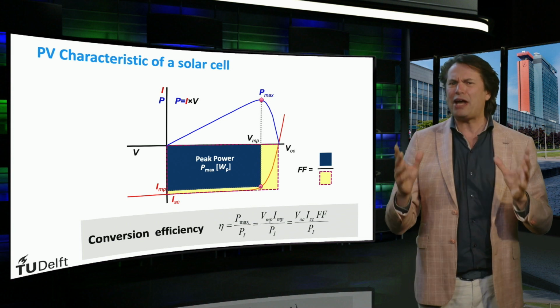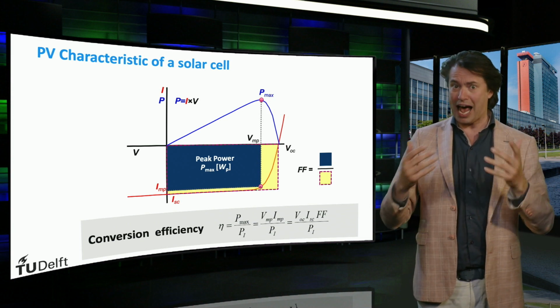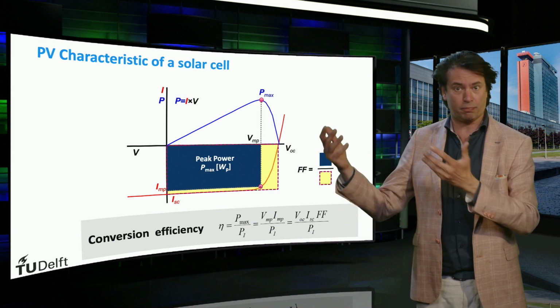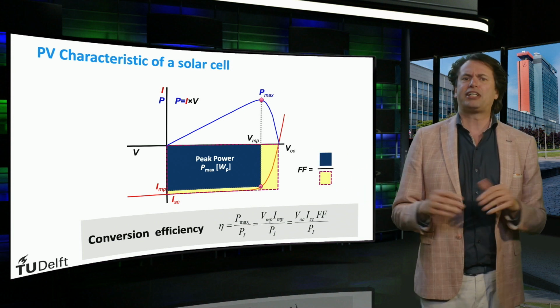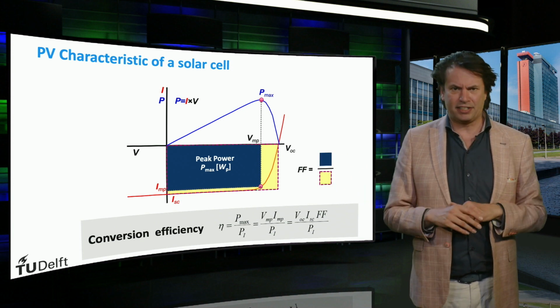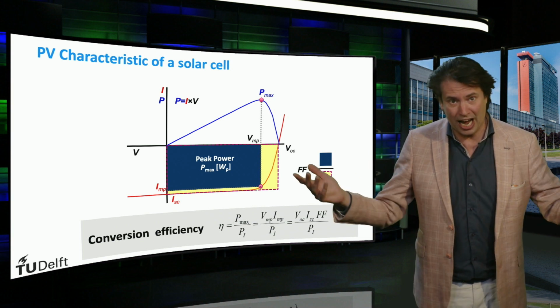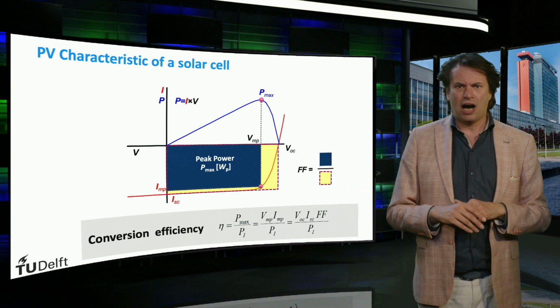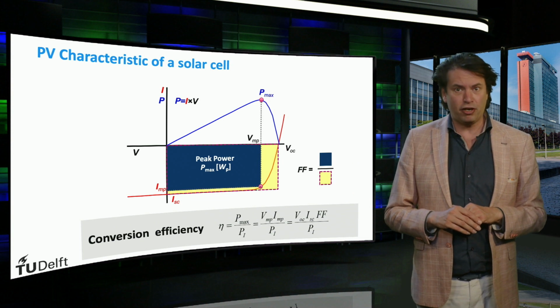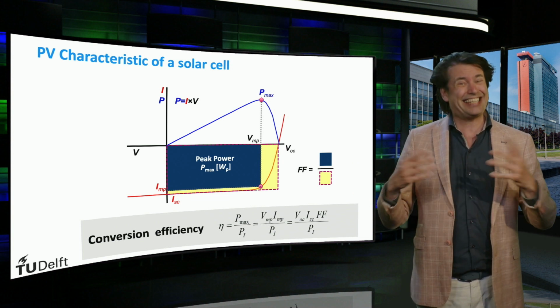So how can we represent a solar cell as an electrical circuit model? A solar cell is in fact a diode, and in the dark it acts electrically just like any other diode. However, illumination of the solar cell is what sets it apart.